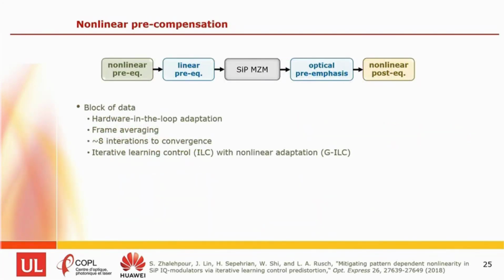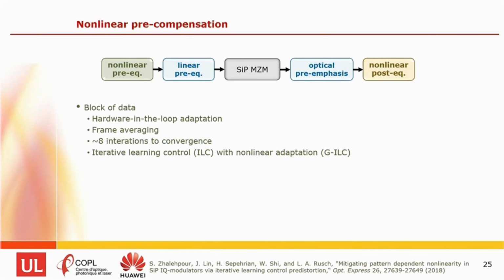However, I'll show you some bit error rate curves. This is not sufficient to achieve something like the 1 terabit per second results that I'm going to show. And so what we need is an additional step of nonlinear pre-compensation. And in fact, this is key: if I just use the post-compensation alone, I will never be able to get underneath the FEC threshold. But I can do this by using pre-equalization.